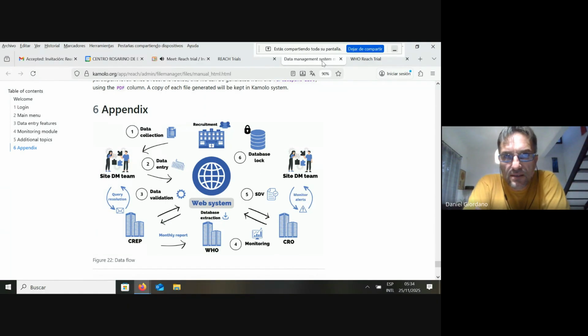The third point is related to data validation. As we have mentioned, data validation in the Kamolo system is implemented during the data entry process, but you can also use different kinds of reports available in the system to visualize in different ways the data inconsistencies pending to be solved. And later, once the data entry is validated and all the worksheets are already entered in the system,